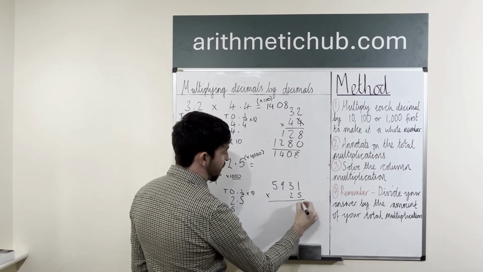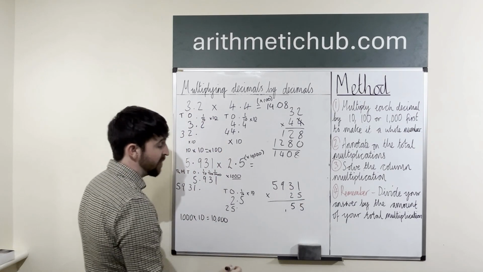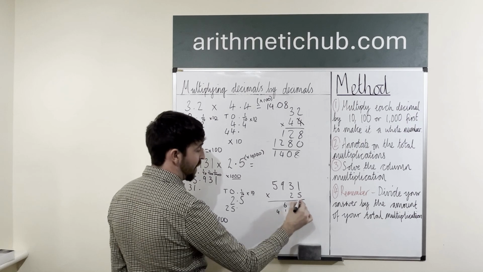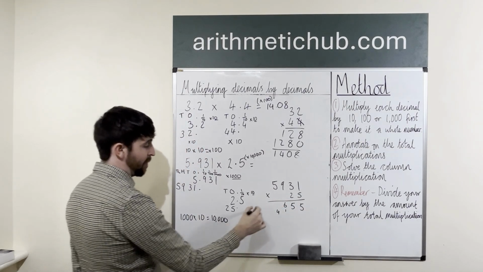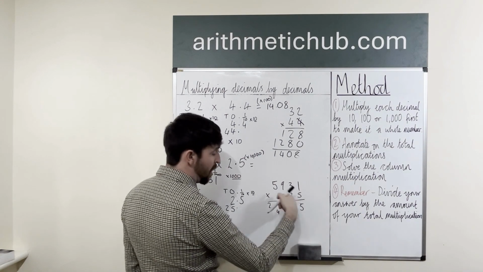5 times 1 is going to give me 5, 5 times 3 is going to give me 15, 5 times 9 is going to give me 45, add the 1 is going to give me 46, and 5 times 5 is 25, add the 4 is going to give me 29. It's a